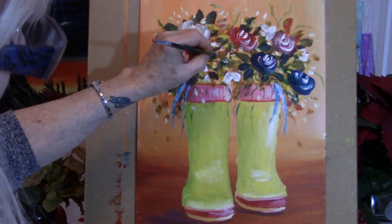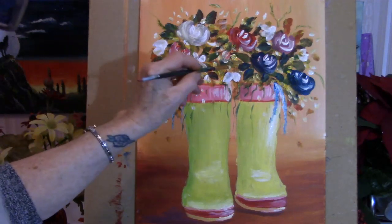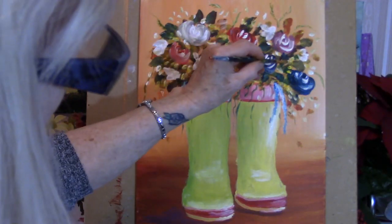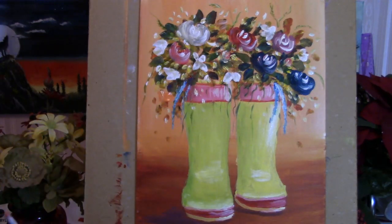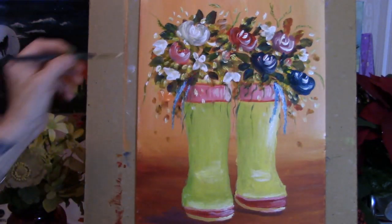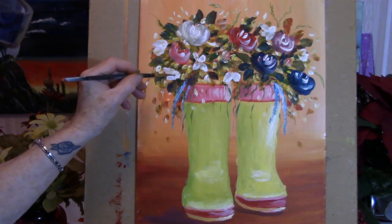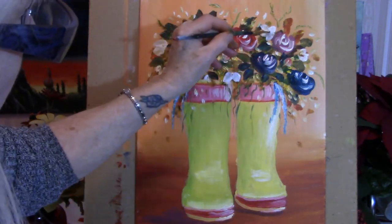So when I look around at my paintings now, I'm saying, that's not too bad. They're nice paintings. I love them. But if I looked really, really close, I can see things that I might want to fix up. Sometimes I'll love my painting, but I might do a little bit of this, a little bit of that later down the road. No rush, right? But when I do my YouTube videos, I make them as easy as I can for beginners. Some I make a little harder for more